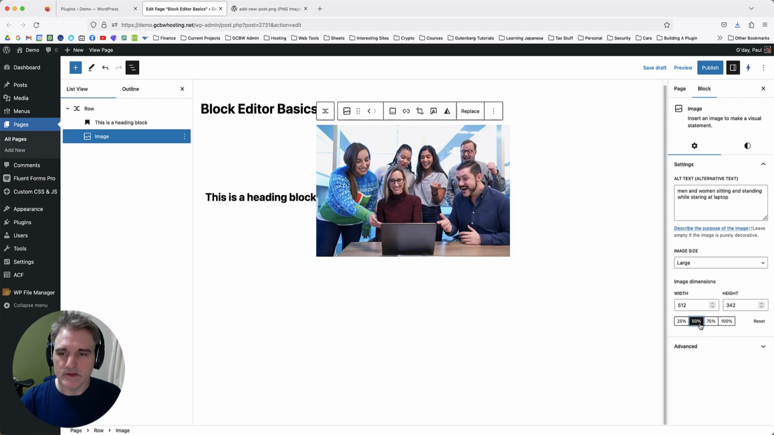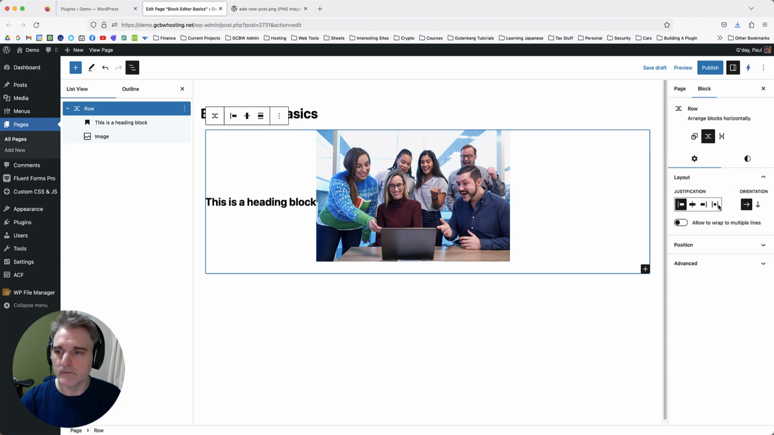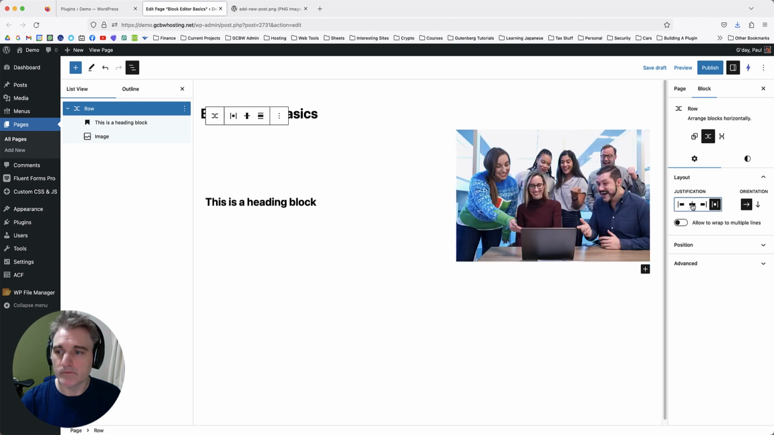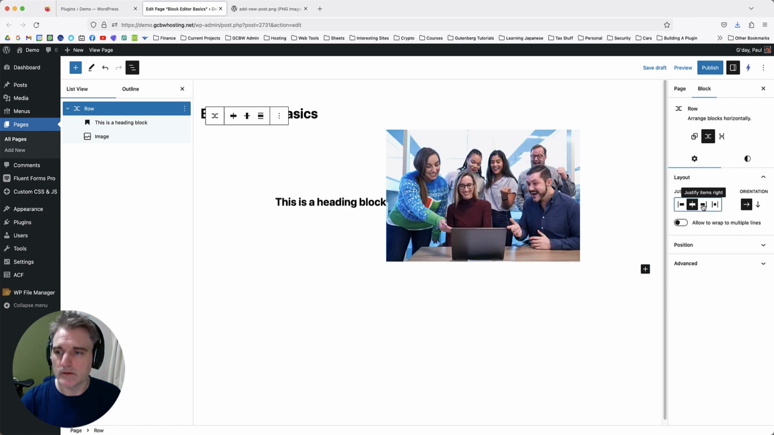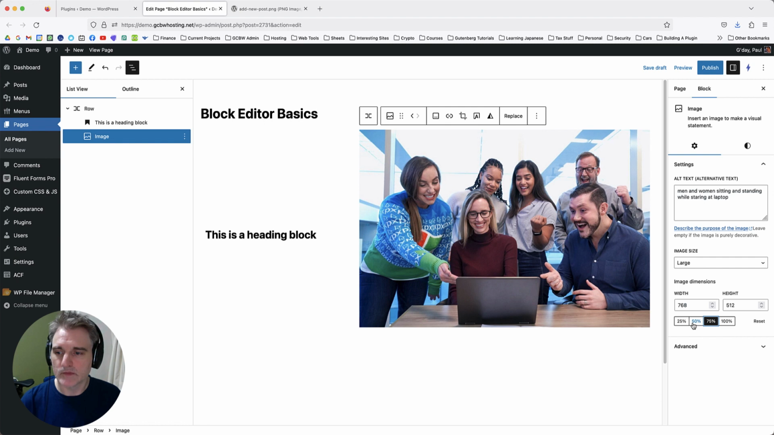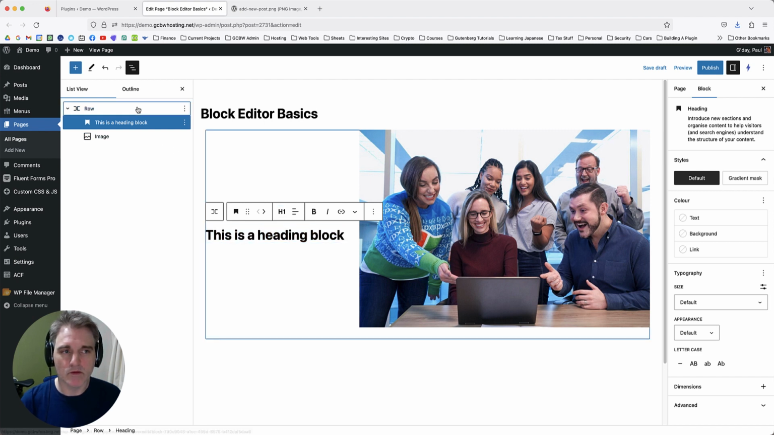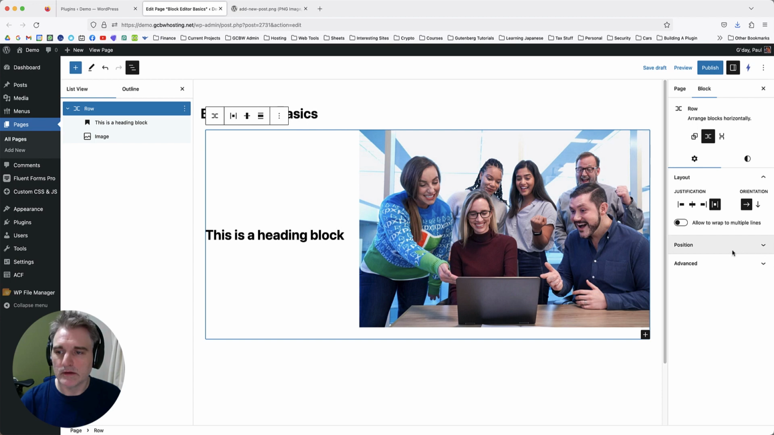I'm going to make this image 50% less. I'm going to go to the row, and make the justifications here, so I can have that image slightly bigger there. Now this is H2, so I'm going to click on the H1 because that's just the main heading block that I want. Go into row,